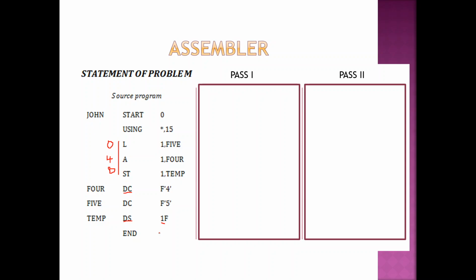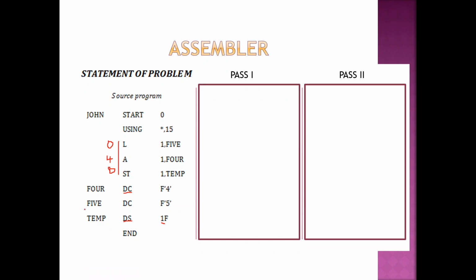Let us take for example, I'm going to assemble this instruction, say L. I will take L into account. So yes, L is the opcode of the load instruction, you will definitely know the first register we are using is register 1, so you can convert that also into zeros and ones. It's going to be all registers 4 bits, right? You remember the formatting. So 0001 will be the formatting there. 5 here is nothing but your symbol.